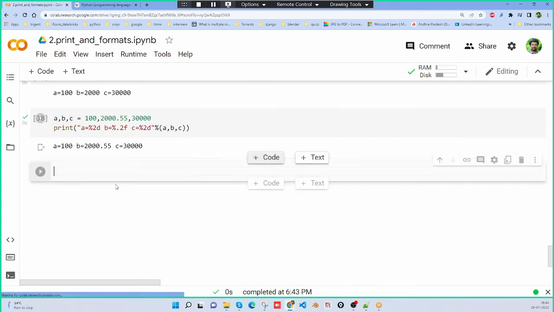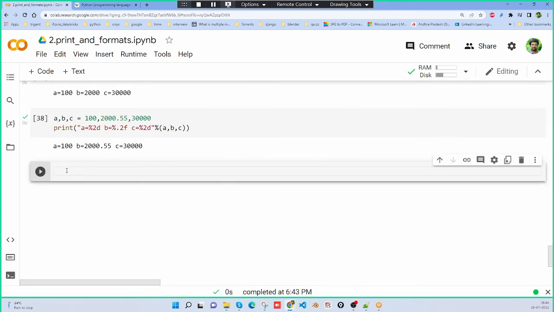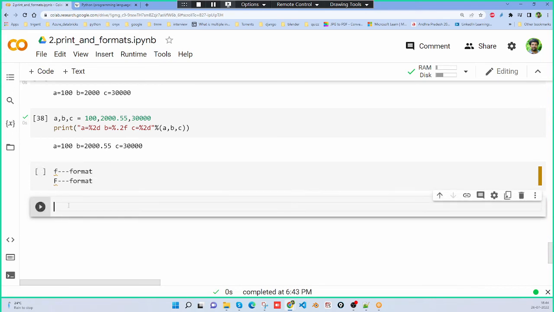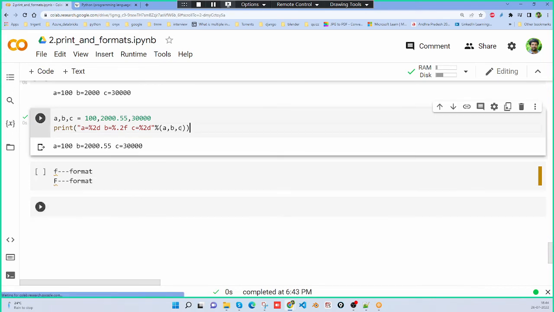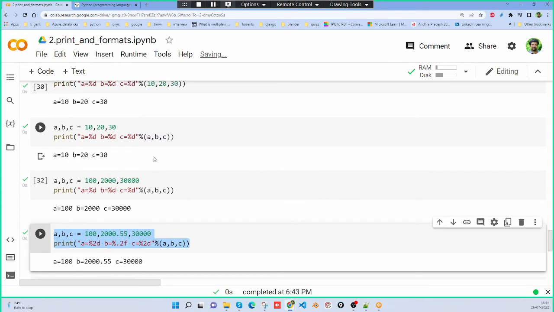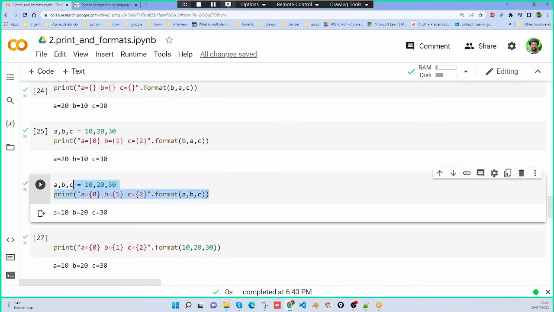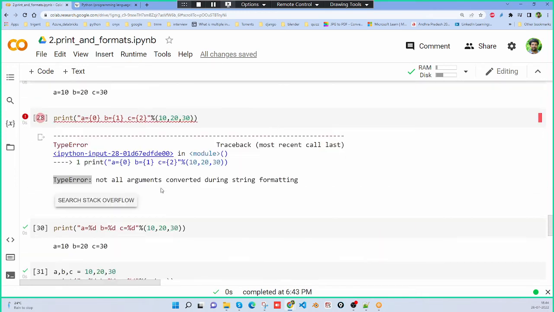Now there is one more thing about format: you can write a small f or a capital F. Capital F is also a format only. Previously we wrote the complete word format, but now you need not use the complete word. You can use it like this. I don't want this one, I want this. Control C,